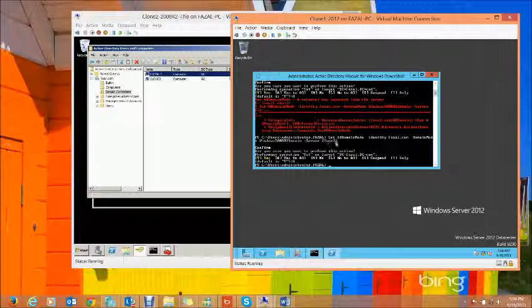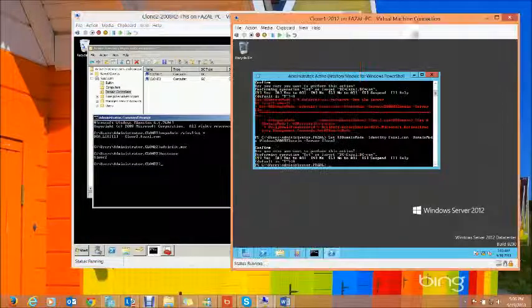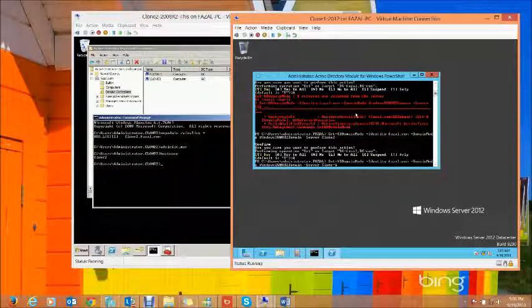The one I entered before was my Windows Server 2012 server. So I pointed this commandlet to clone-2, which is my 2008 R2, and the commandlet was completed successfully.